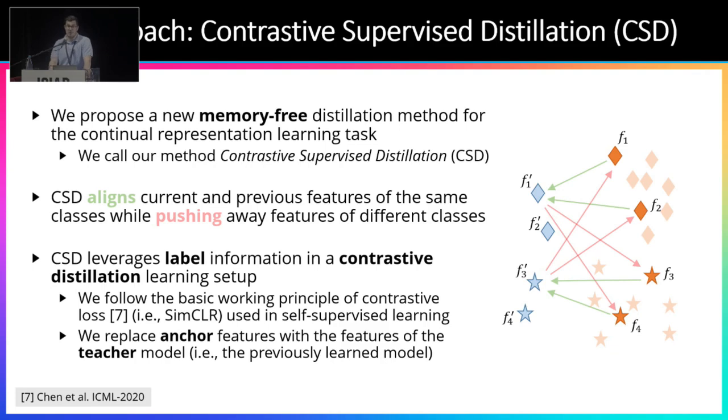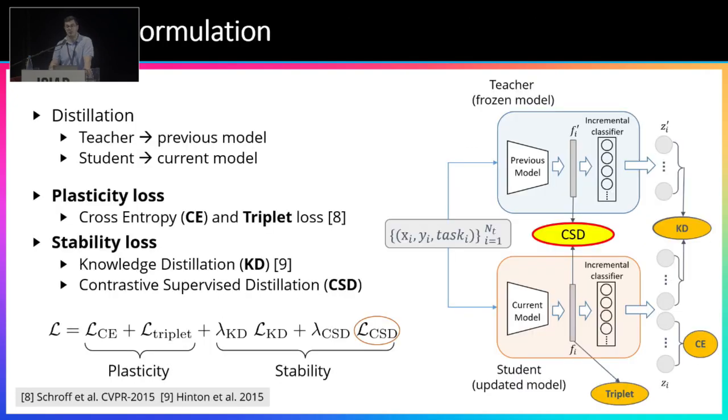And in order to leverage label information that is present in new data, we replace the anchor features with the features of the teacher model, that is, the model learned at the previous task. Indeed, our framework is based on the teacher-student framework, in which the teacher is used to preserve the previously acquired knowledge during the training of the student, that is the current model,